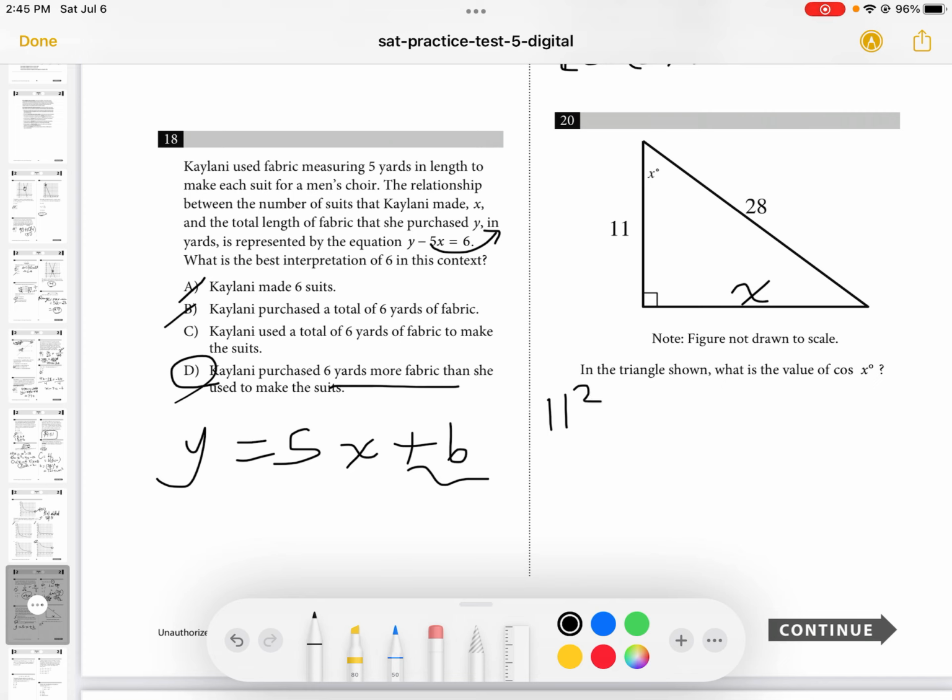So we know 11 squared plus x squared has to equal 28 squared, right? So x squared is equal to 28 squared minus 11 squared,